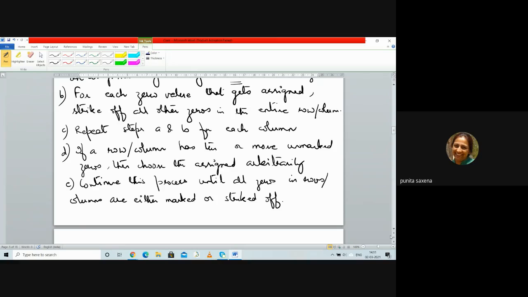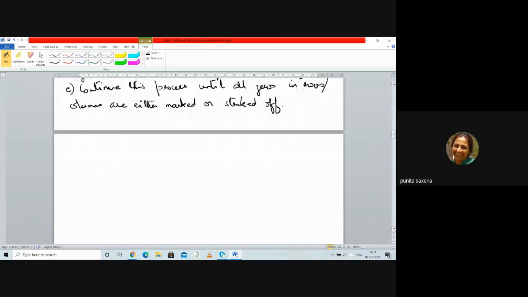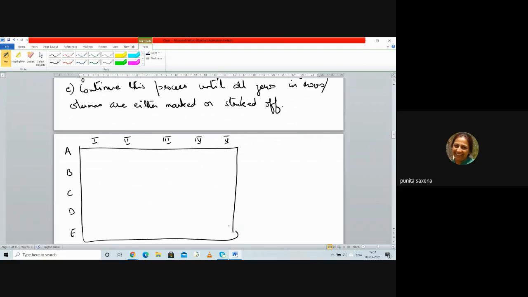Okay, for example, let's start with this, then we'll move to the next step, which is your optimality criteria. Say I'm doing a problem which is very simple: I have 5 workers and 5 jobs that need to be completed, and the cost involved in completing these jobs is